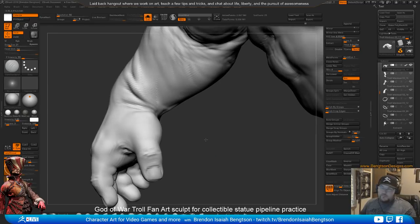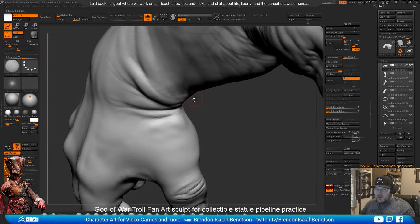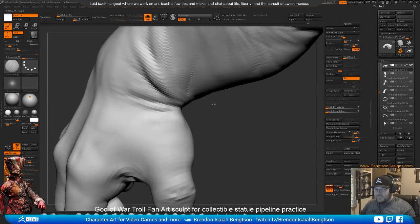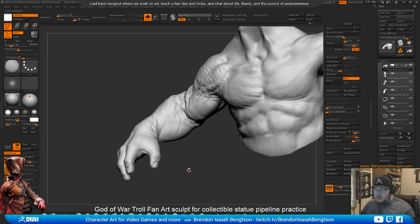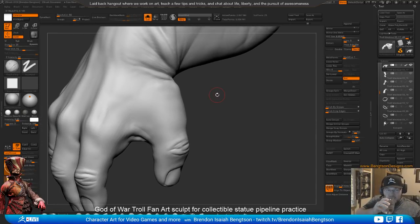Wish there was a way where, when I'm trying to do some strokes that begin off the model, I can hold down shift or something, and it would freeze the rotation abilities so that I can literally start my stroke off the model and then bring it through. It's really annoying when you're trying to get a nice move going, and then you're like, "Wah!" Maybe the next time I talk to the ZBrush dudes and dudettes for feature requests, we'll put that in. Anybody else have that issue? Cause man, it's a little